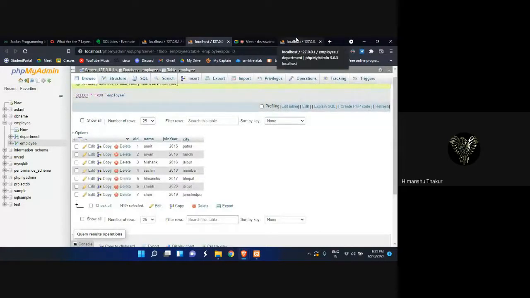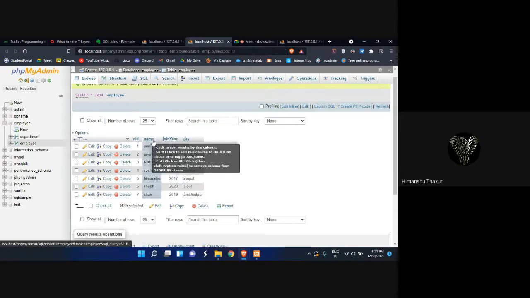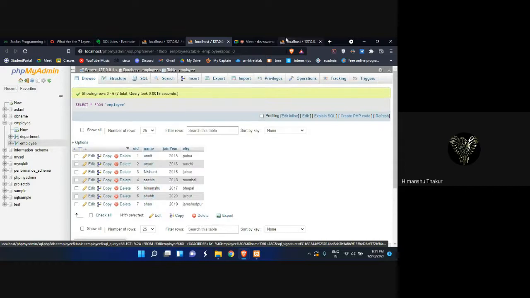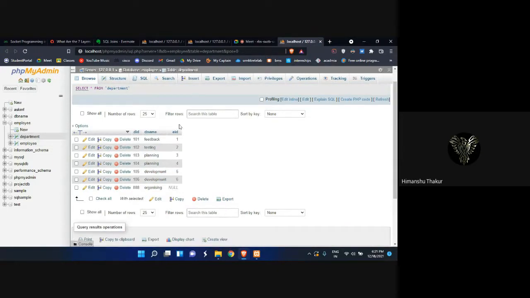Any of you make a question like, I have these two tables and want to get records from both tables. Let me make a question first: I want the employee names which have their department as planning. Let's try to make it.